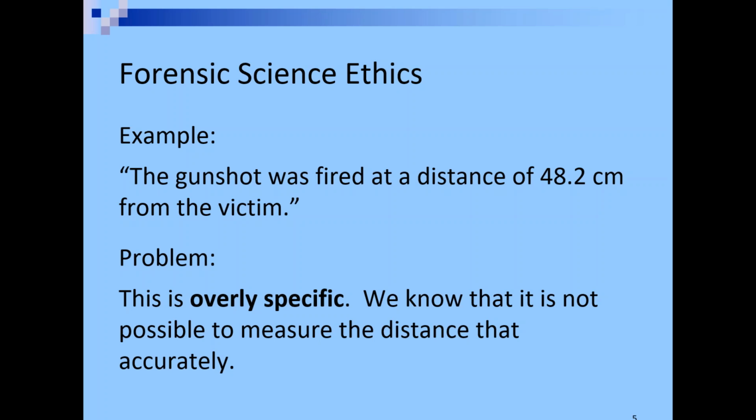But we know that when you're estimating the range of fire, you really can't give a specific measurement like that. You have to give a range. And normally in range of fire, it's either contact, near contact, intermediate distance, or long range. So by giving an exact number, you're doing a disservice to the jury and the court by being overly specific when you can't be that specific. Saying the bite mark definitely came from this person and no other is also an example of this overly specific comment.